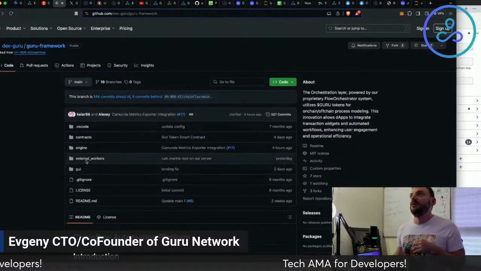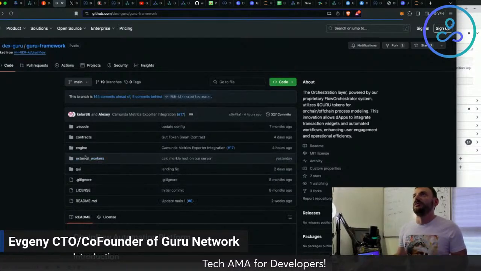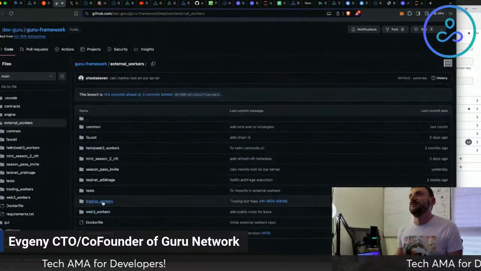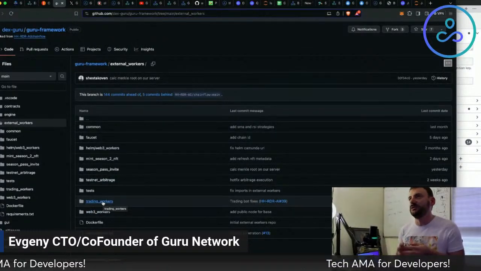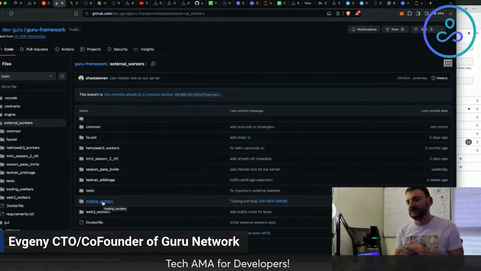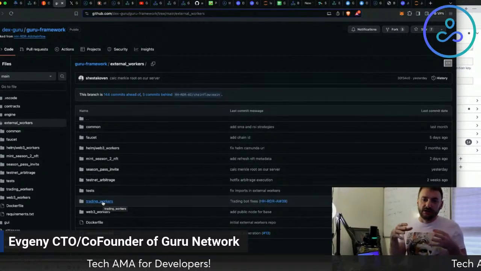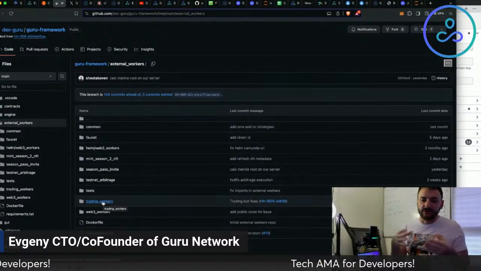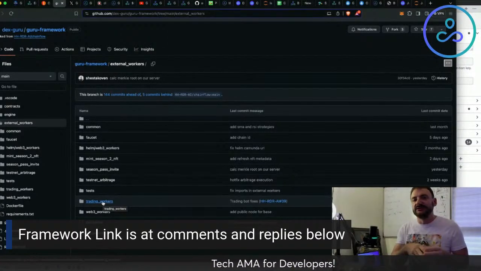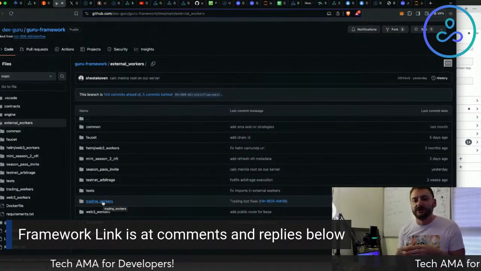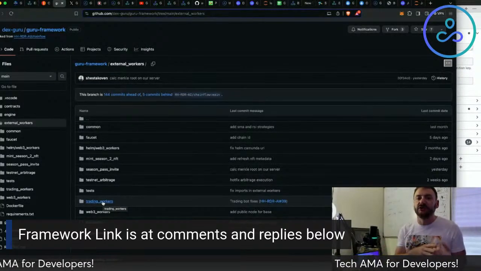Then we have workers. Those are orchestrated workers, and there are different types of them, like Web3 workers and trading workers. That's basically for non-custodial executions. You can run the workers on your local machine and execute processes which calculate something and then send transactions to your wallet, let's say, right on a local machine, and you have the private key in there, not sharing it with everyone.